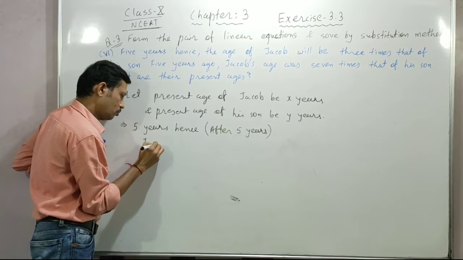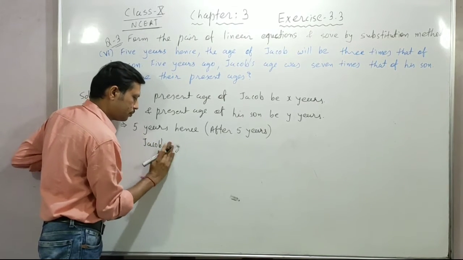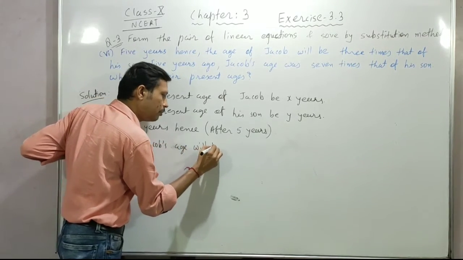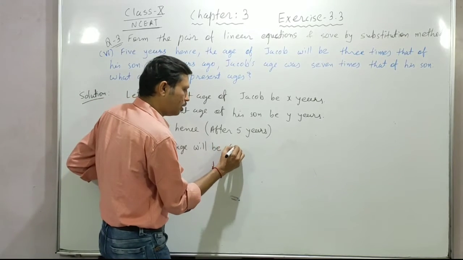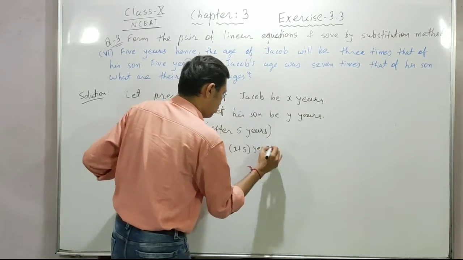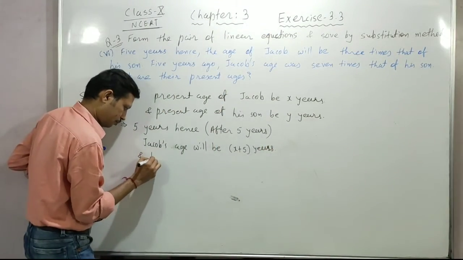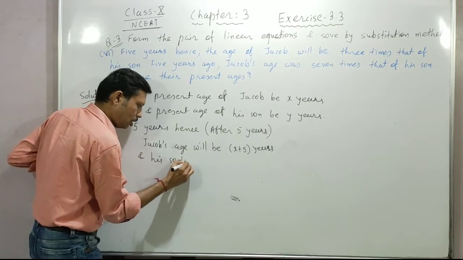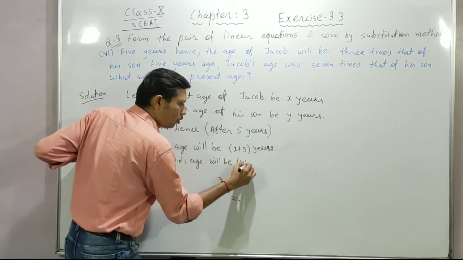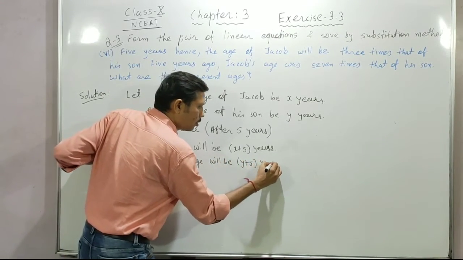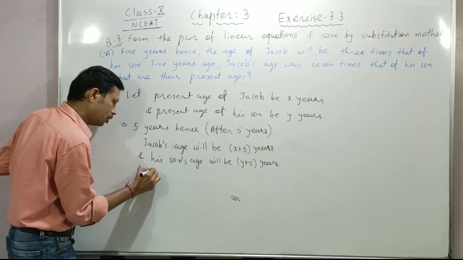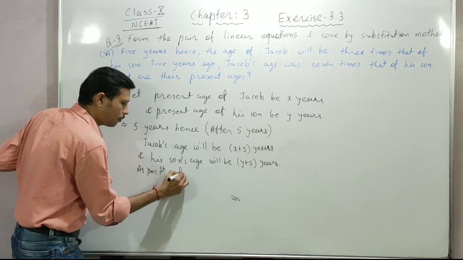So Jacob's age will be future, that means will be what? x plus 5 years, and his son's age will be y plus 5 years. Okay. Now as per first condition,